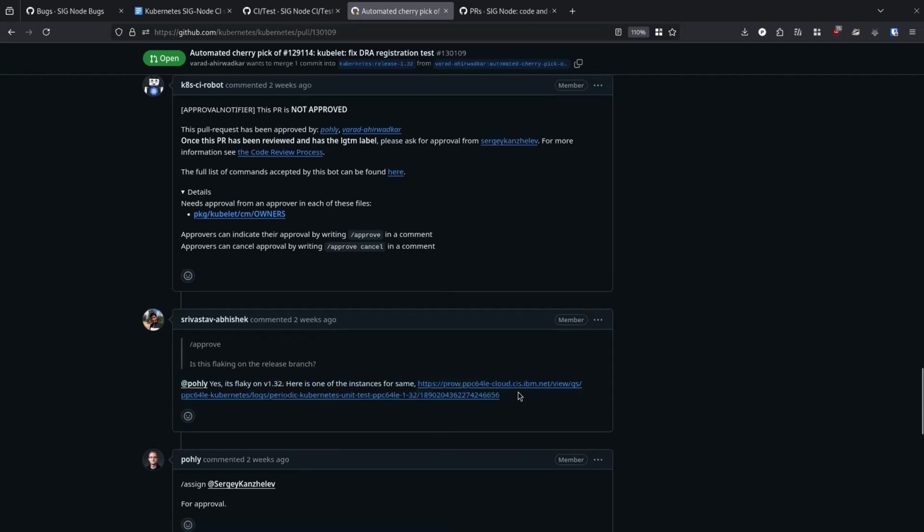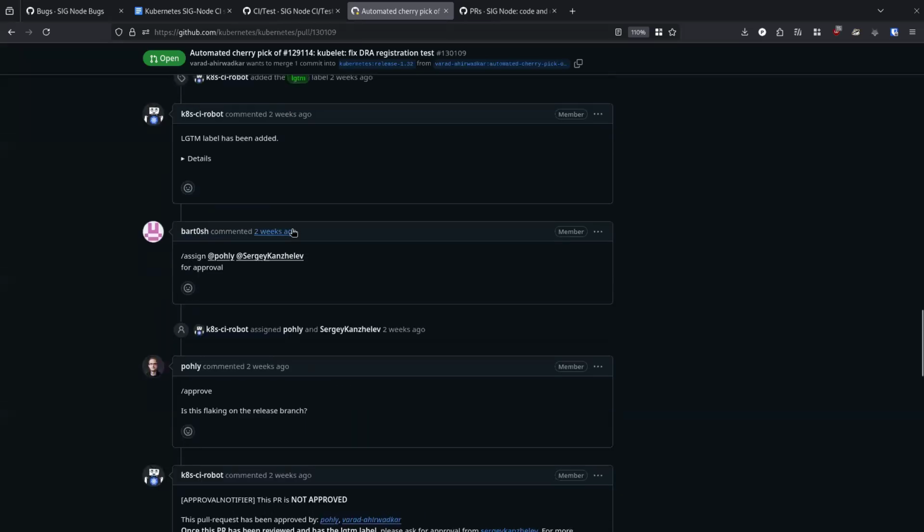So I guess there are periodics running, but this is some internal IBM instance. It's just something we noticed because if you look at SIG release, it doesn't have any of the SIG Node related ones. I think there's a lot of stuff for running on release branches we probably don't have, especially for cryo. I know we point to a commit, but I don't think we separate that out by a cryo commit per branch.